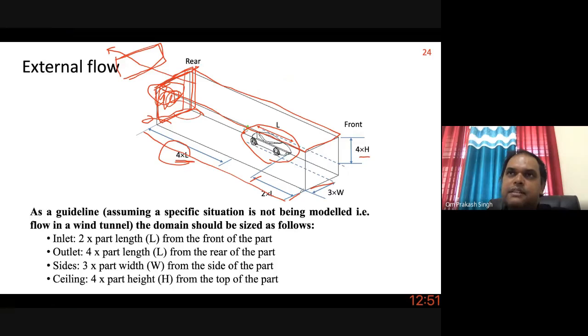Again, depending on the flow, if the flow is in the region of, let's say, Mach, there are shock waves and all things. So this length may increase because shock tends to propagate and it has a bend like this. So you may have to provide a geometry where